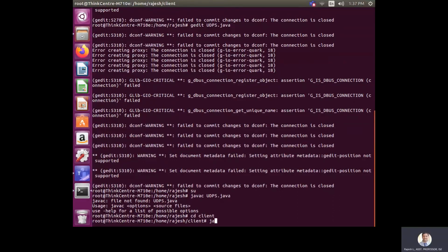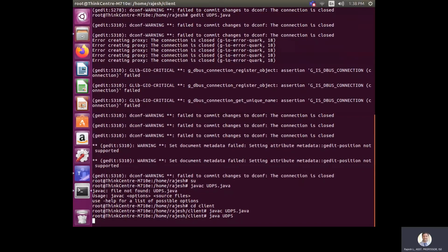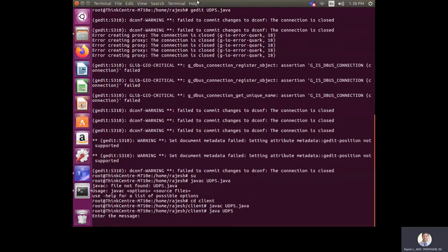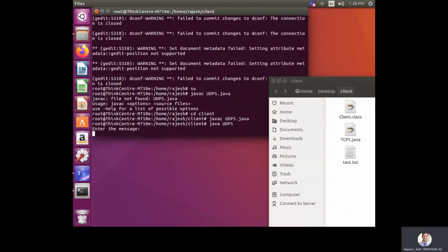Okay, here javac UDPS.java. The file is compiled successfully. Now try to run this program: java UDPS. Enter the message. It is asking the user to enter the message.